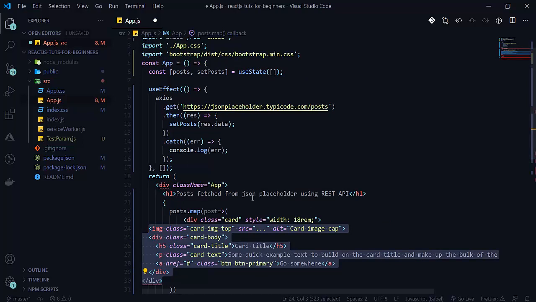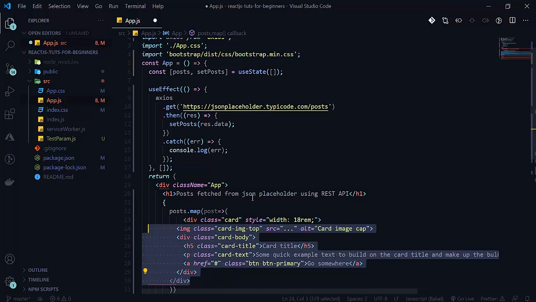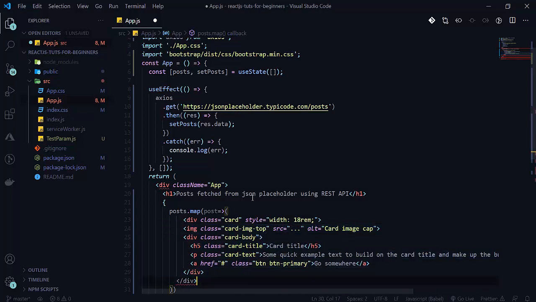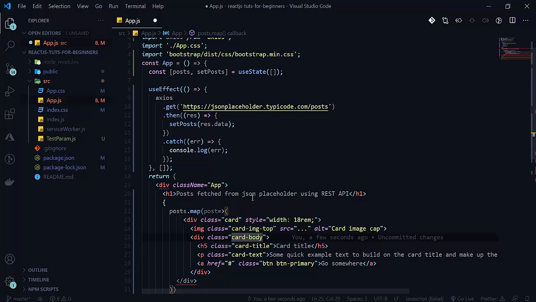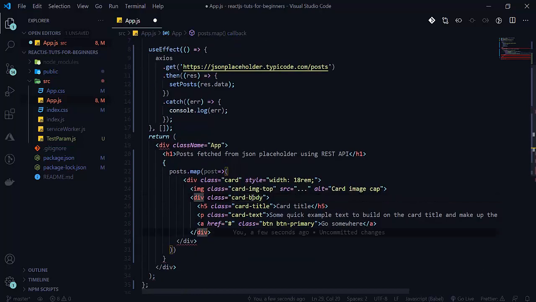So I paste it here now. What is here? Error here. So there should not be any error. Yes, this is the error here.